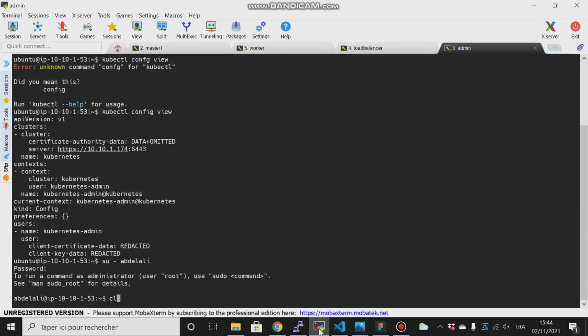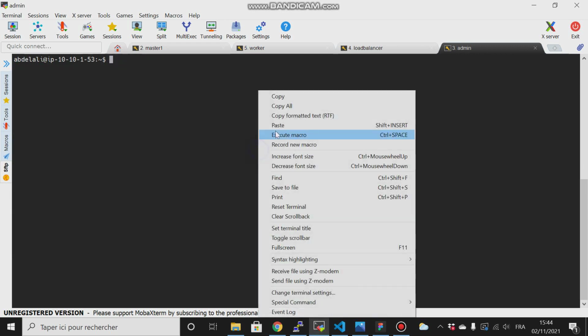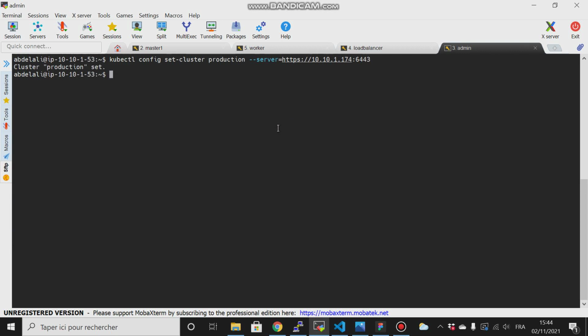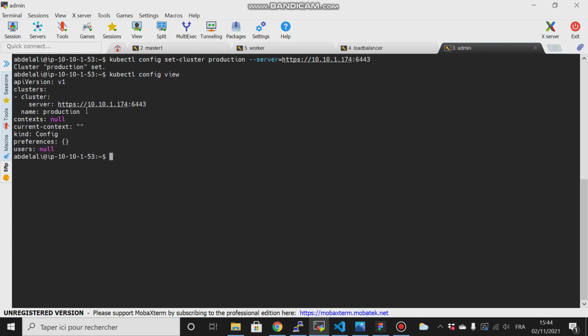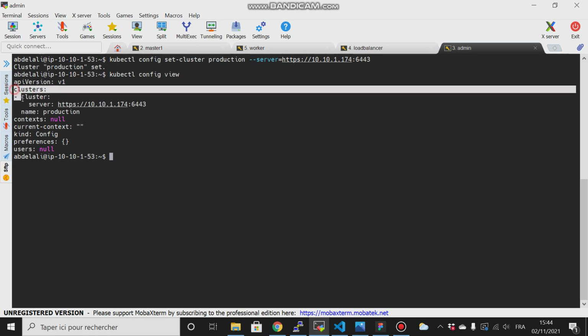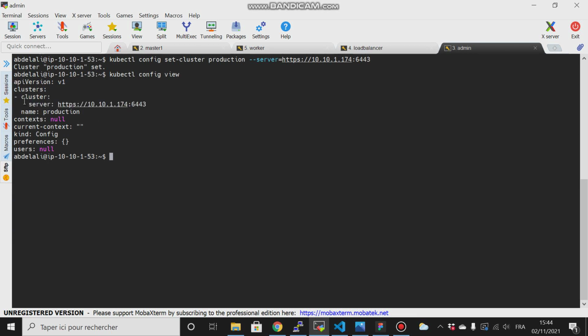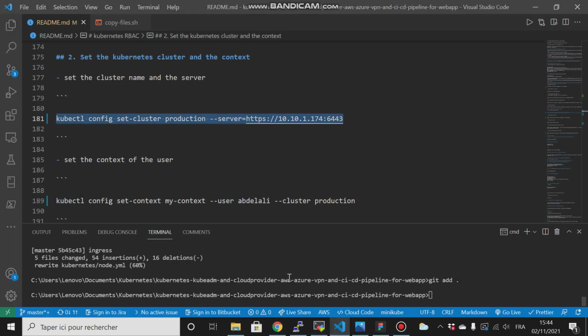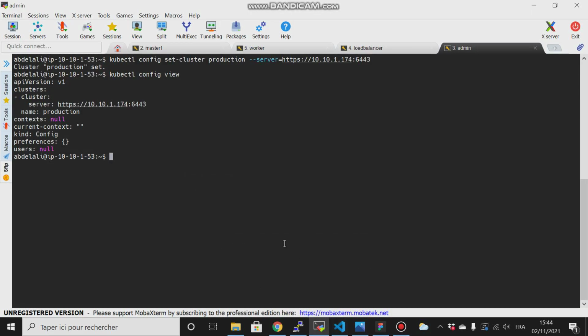So once I paste that command, I run it. Now if I type kubectl config view, you can see that in the clusters section, there is a cluster server and the name. So now if I try to interact with my server,